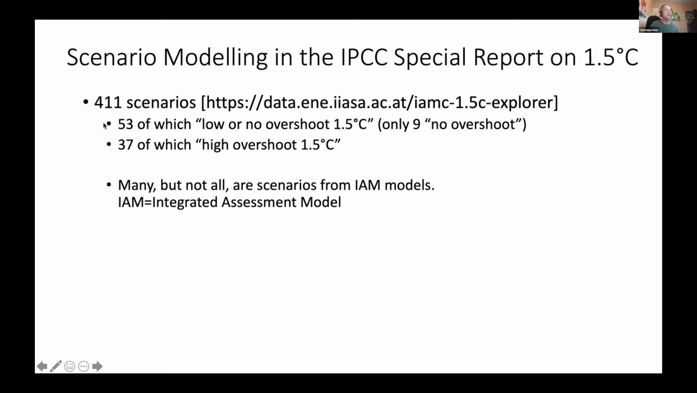And 53 of those scenarios were low or no overshoot scenarios, and only 9 of those were actually no overshoot scenarios. So the statement that I just showed you is about those 53 scenarios that have these 45% median reductions and the 2050 net zero CO2 date. One thing that I want to highlight here is that two of those 9 and another 5 of those 53